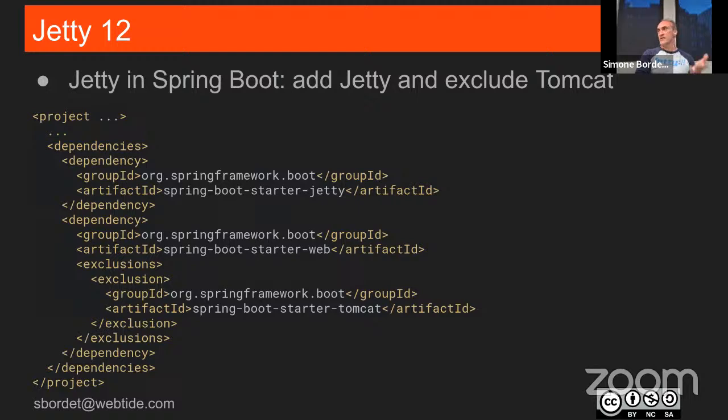This is a snippet of XML. It's the full thing, actually, of what you need to do to go into Spring Boot, which by default uses Tomcat, and tell Spring Boot to use Jetty instead. So what you have to do here, first of all, you want to depend on Spring Boot starter Jetty here. And then you need to exclude Tomcat and say, hey, for the starter web, exclude the dependency of Tomcat because it's automatic. And so you need to explicitly exclude it, but it will be replaced by the Jetty one. And that's it. When you do this, your Spring Boot web application will just start on Jetty transparently. So that's good.